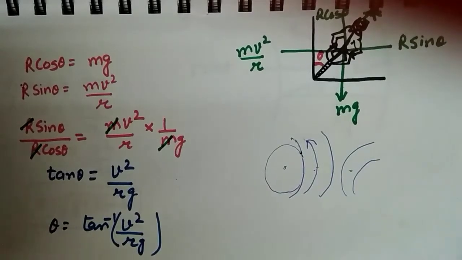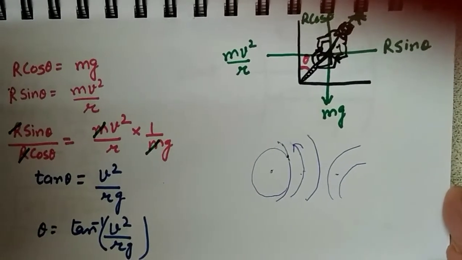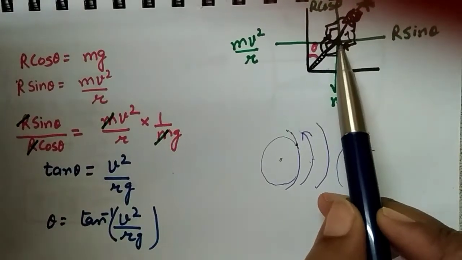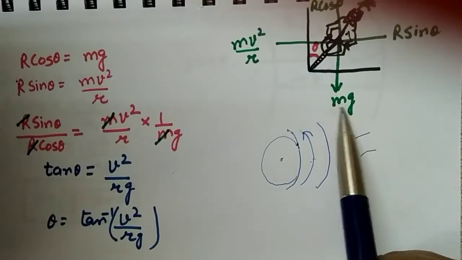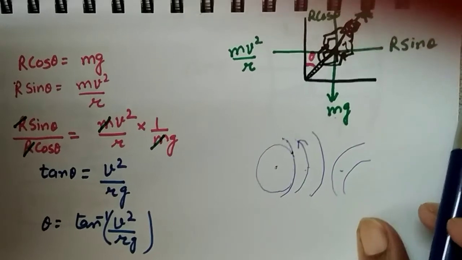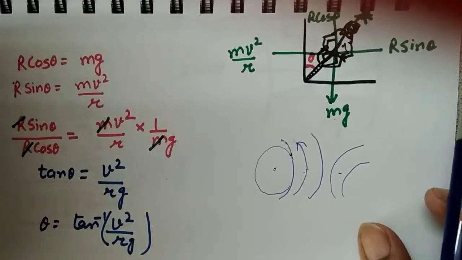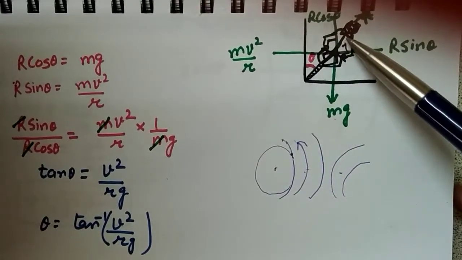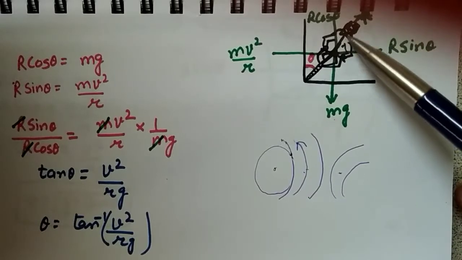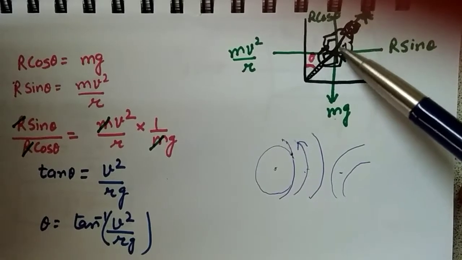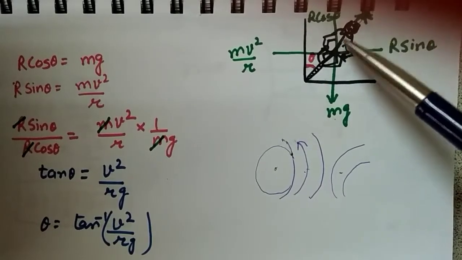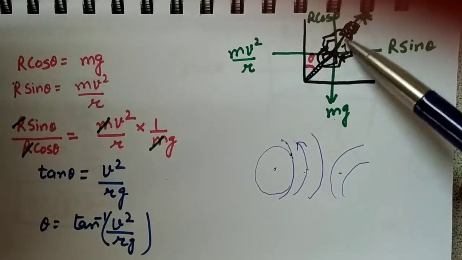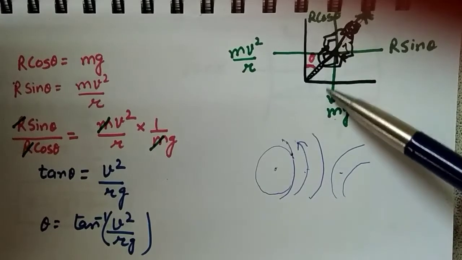First thing we have to do is draw the components. Weight of the cyclist you draw parallel to the vertical axis, so weight of the cyclist will be downward. Now we have to bother about the reaction component. Reaction component always comes out from the head. So reaction component is here. But I don't want the reaction component in this way. You can see mg and the reaction component are at some angle.